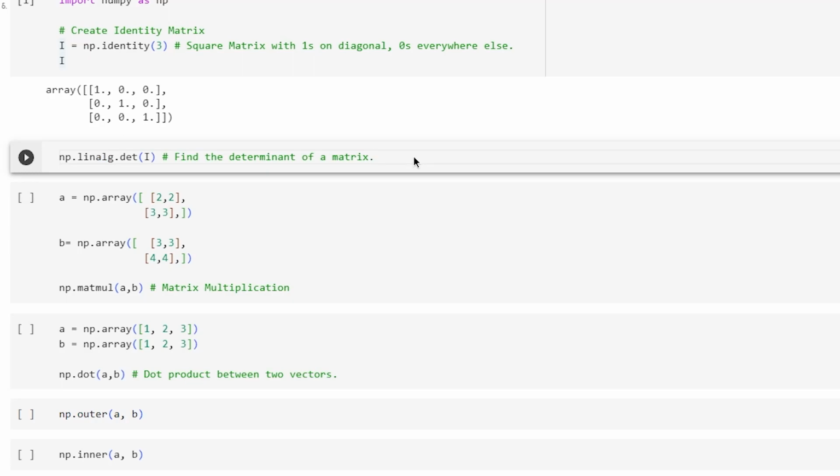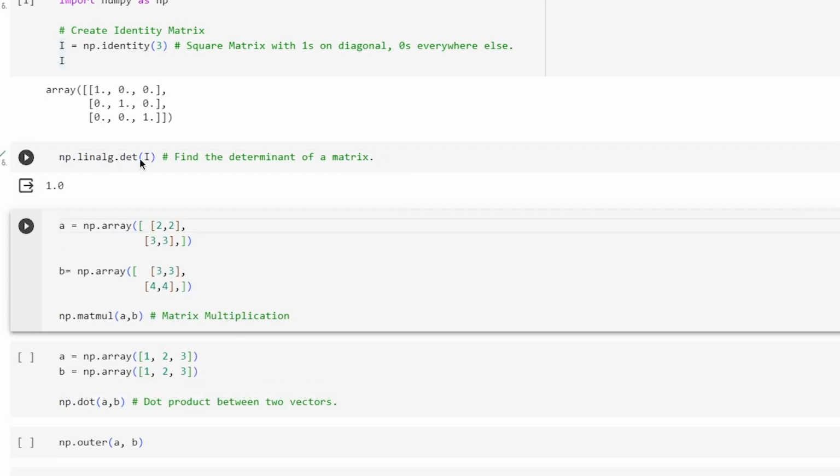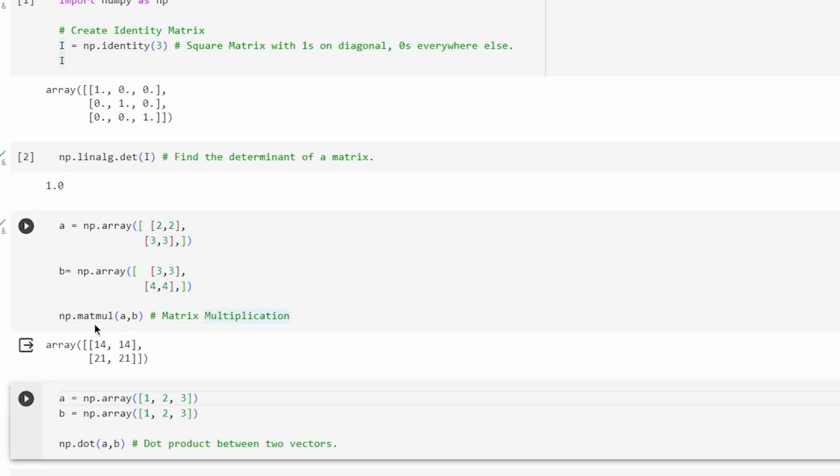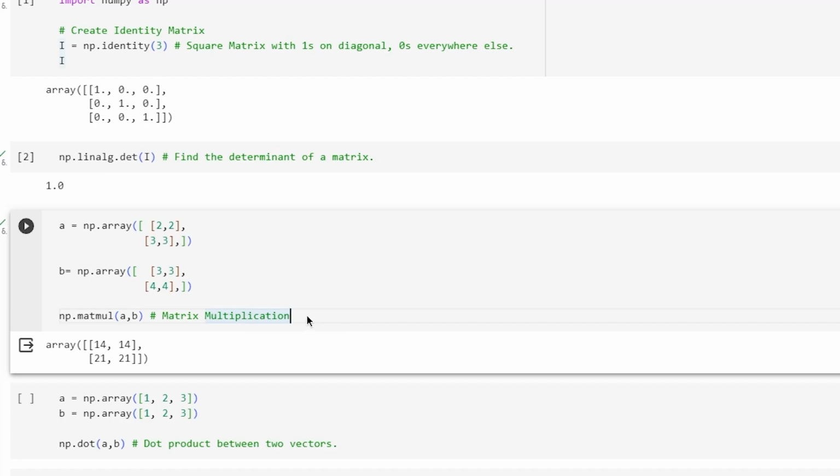So for example, we can find the determinant of a matrix by using the linalg.det. Also, if we want to multiply two arrays, we can use the NumPy matmul that is specifically defined to do matrix multiplication like linear algebra does. So we can use this function, specify the arrays that are gonna be multiplied, and we can see the result